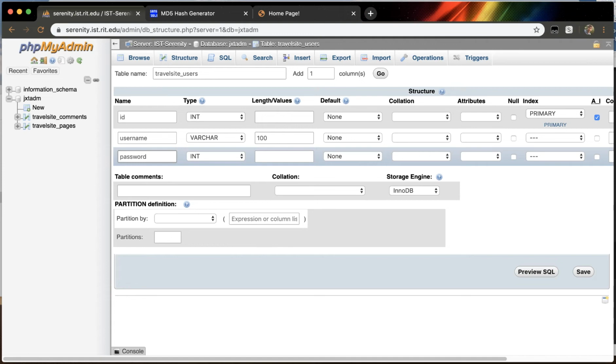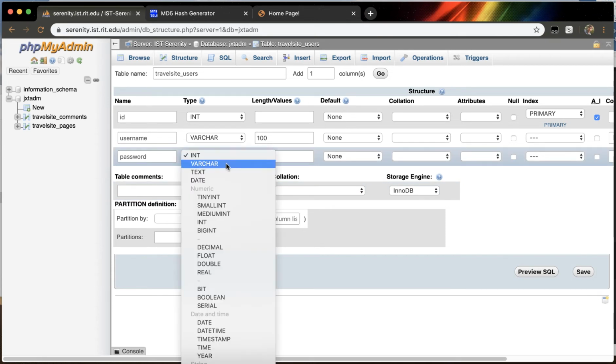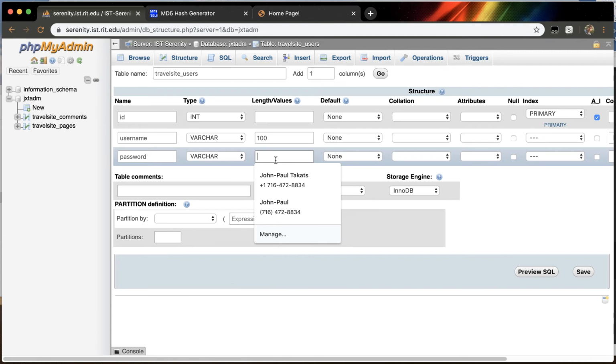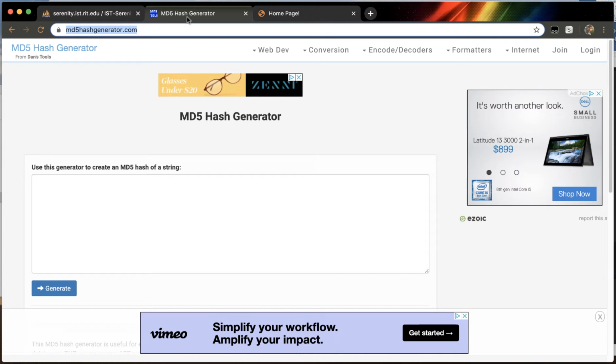This will make things a lot more secure, and it hopefully won't make our site vulnerable if the site were hacked into. I'm going to call this password. I'm once again going to make it a varchar, but this one I'm going to be storing a long hashed password inside of it. So instead of storing something like a 3-letter word or whatever our password requirements are,